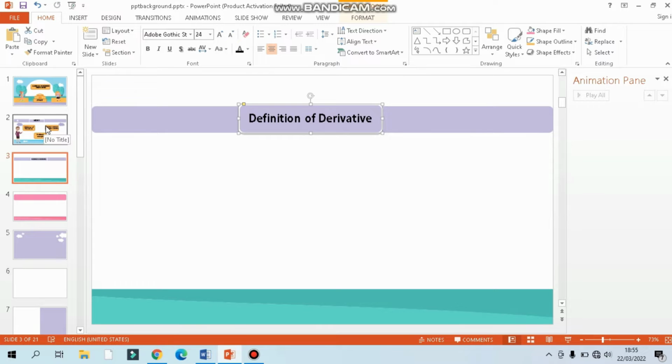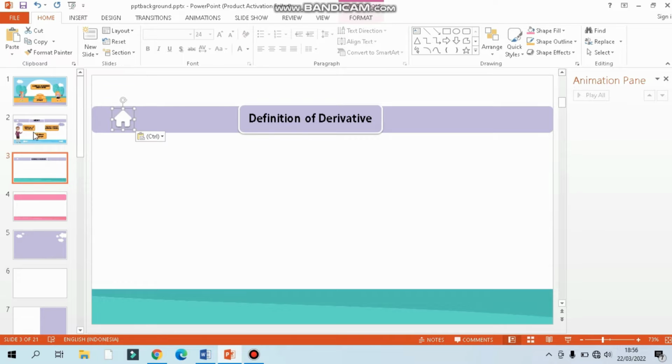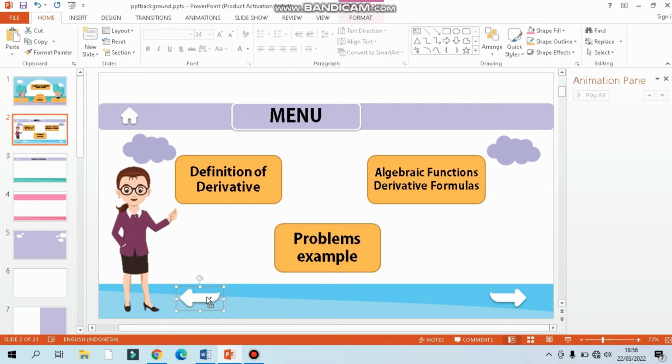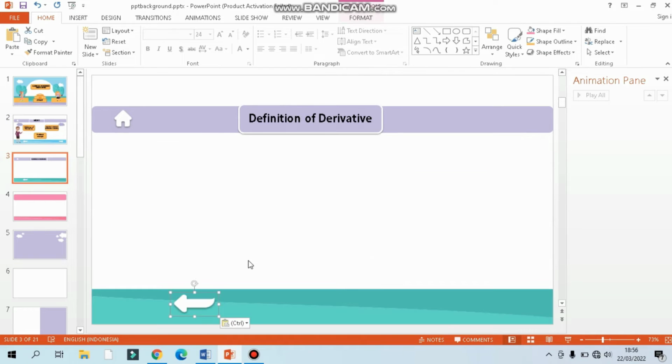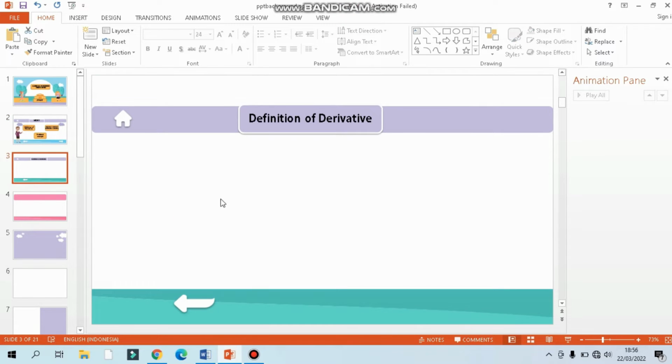Next, we can take the home icon, the previous icon, and the next icon. Okay, in this slide, we can type the definition of derivative.